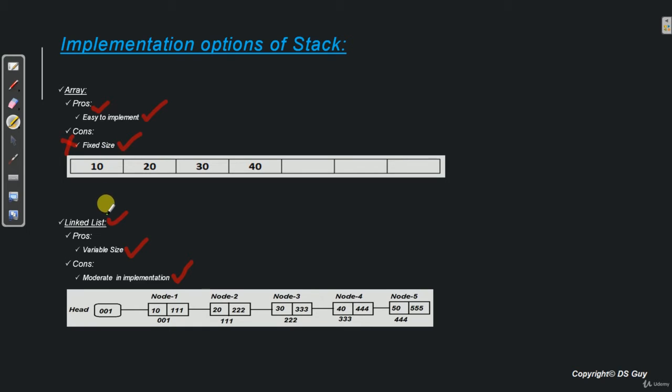Fine. So I hope you have understood the two types of implementation that is possible for a stack and the advantage and disadvantage of both the implementation. Now what we'll do is, we will first understand all the operations using an array, then we'll again understand the same operation using a linked list. As we already told, implementation wise there will be very slight difference in both of them, so we'll see that as we progress with the course.